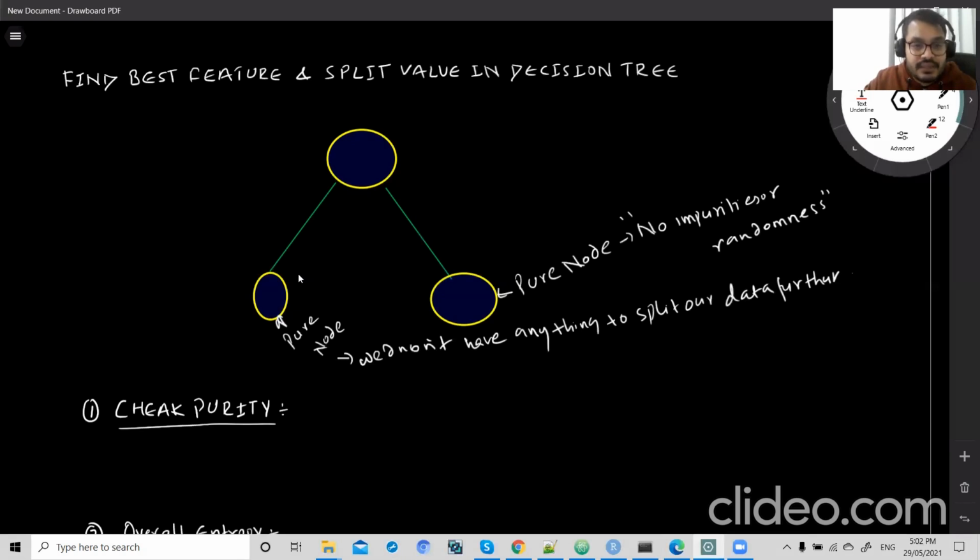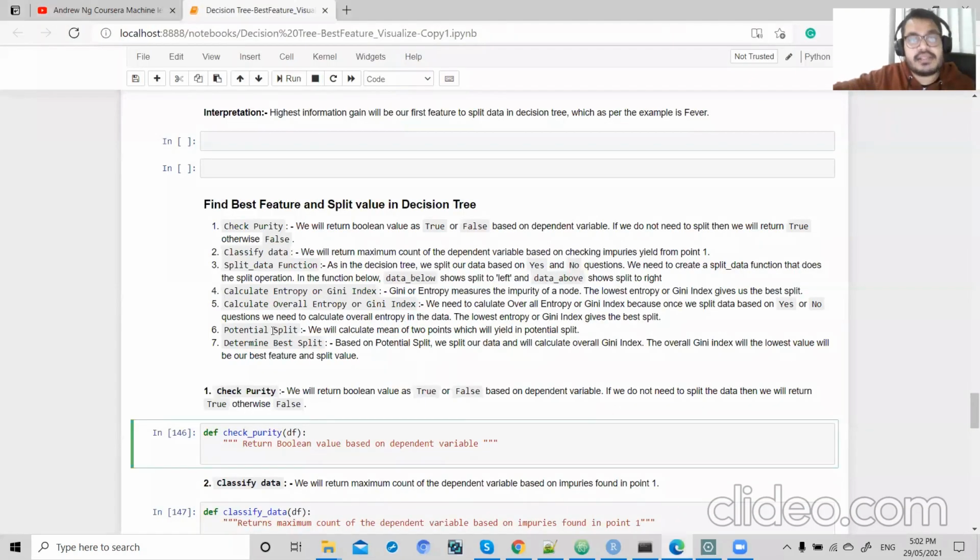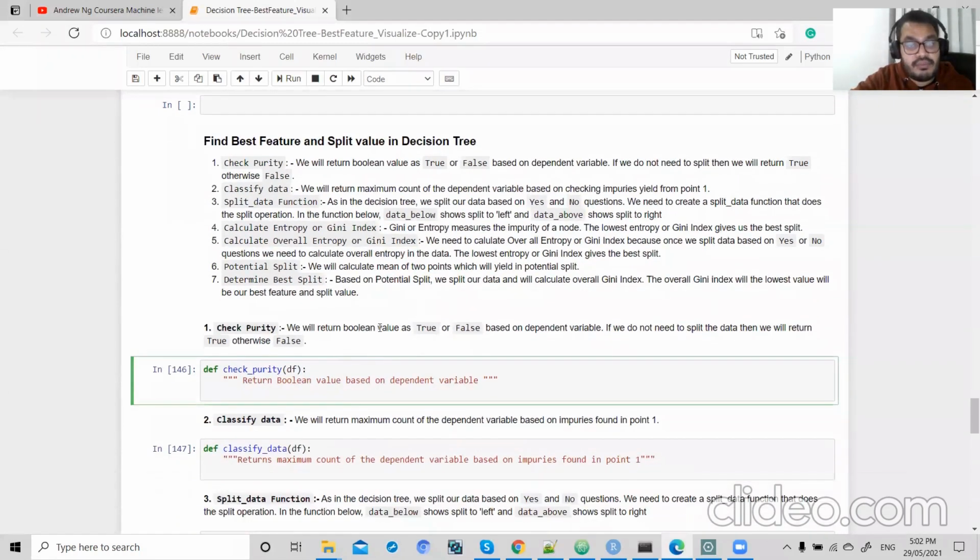If we don't have any leaf node, then that would be my pure node, and I don't need to split any data, right? So I will create one function that will check purity. If we don't have anything to split, then I will return true, else I will return false. So check impurity will check the boolean value as true or false based on the dependent variable, in my case